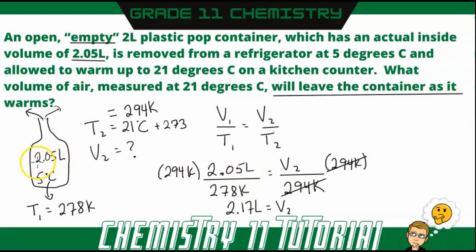There's still going to be 2.05 liters of air in the container. It doesn't become a vacuum, but it pushes out any excess air. So what we're going to do to figure that out is take the new volume and see how much more that is from 2.05. So we're going to do 2.17 liters minus 2.05 liters. And we get a volume, let's call it expelled volume, to be